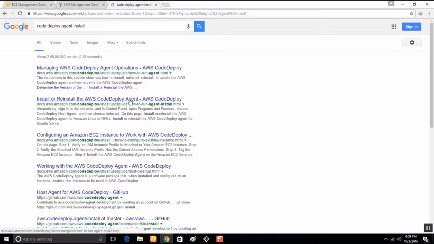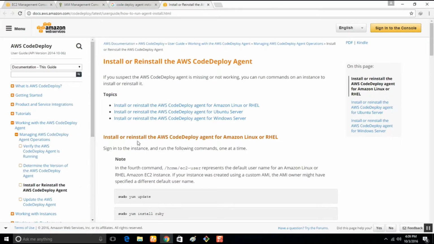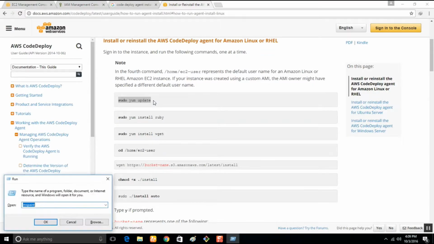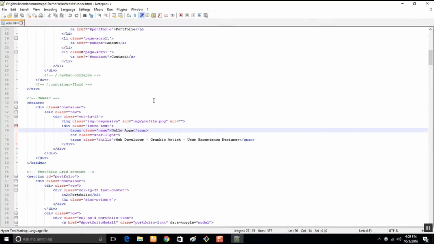Okay, installing and reinstalling CodeDeploy agent. We'll be using Amazon Linux, so let's go with this. It's basically a Ruby script that we are going to run afterwards, so we need Ruby for it. Let me open a new notepad and try to copy this.